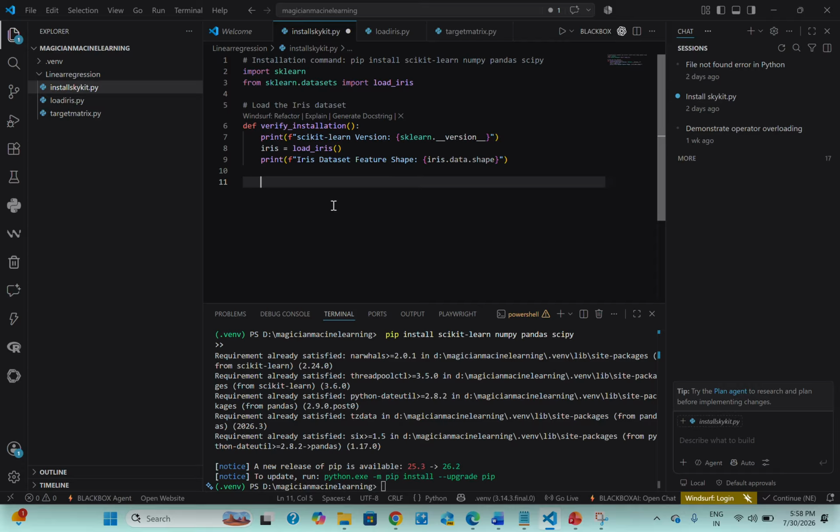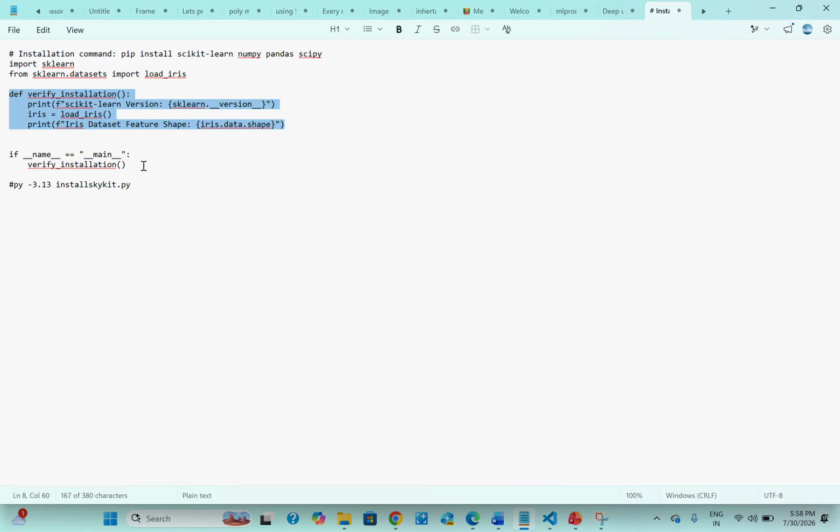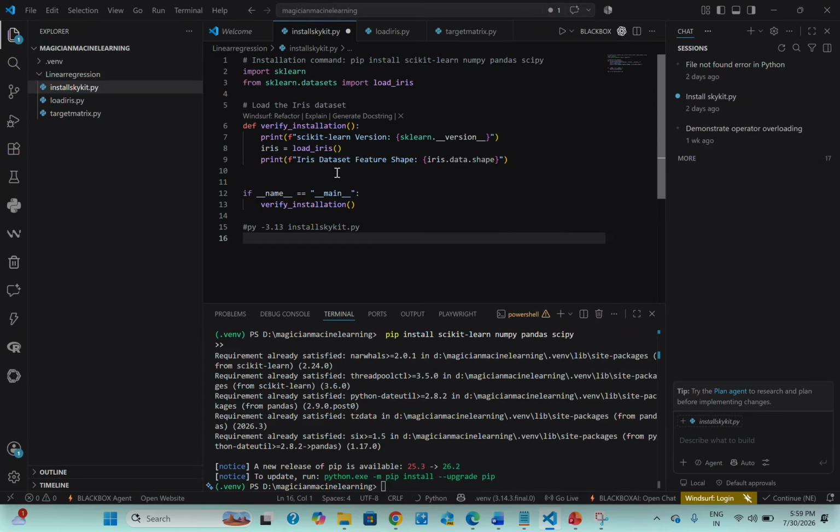Now once this is done, we would like to execute this function and see. For that we have to call this function. Here we have a special line, where we check the condition if __name__ == "__main__".